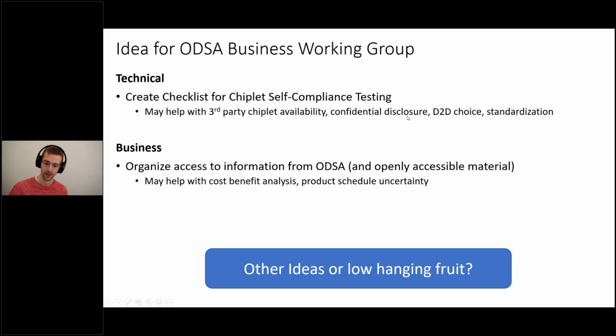It would help with the confidential disclosure, because you would be able to create this entity that tests chiplets without necessarily telling your business partner all about the details of your chiplet. It would help with die-to-die choices and with standardization. So that may answer your question.